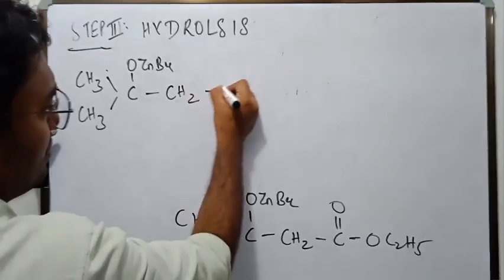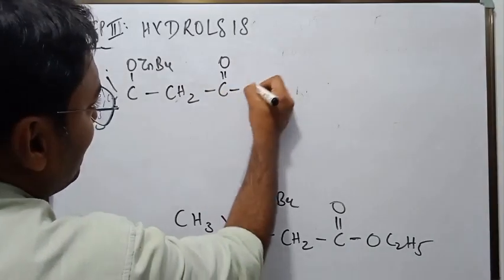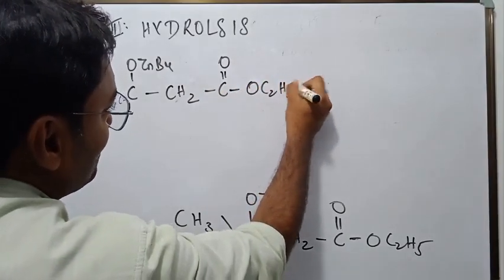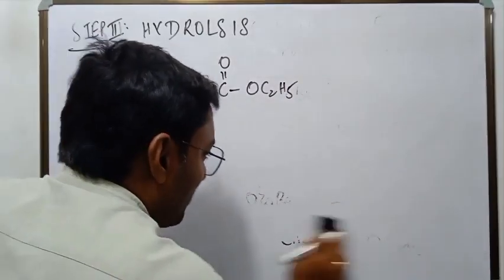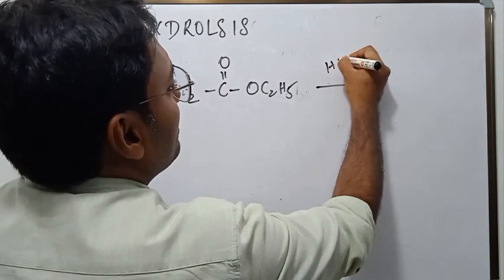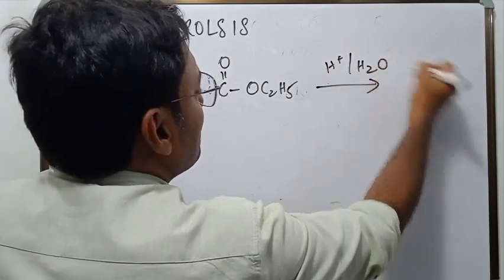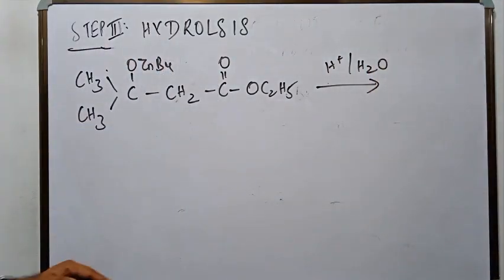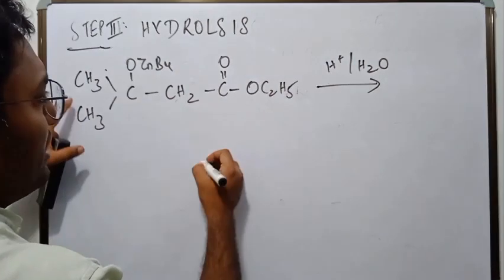So that would make the reaction a condensation reaction. So this is what we got from the second step. So now let us go for hydrolysis. Fine. Now what would happen? Hydrolysis will yield